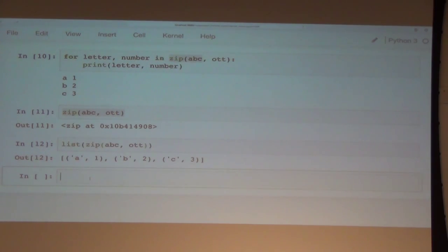So let's get a little more complicated. What if we want the index and the number, or the index and the data item? Well, we can do that too. We know how to get the indices, that's range. We know how to get the items. We know how to put them together with a zip, so that would be